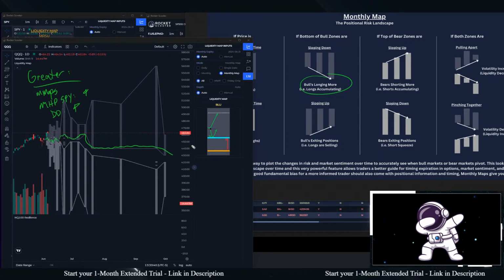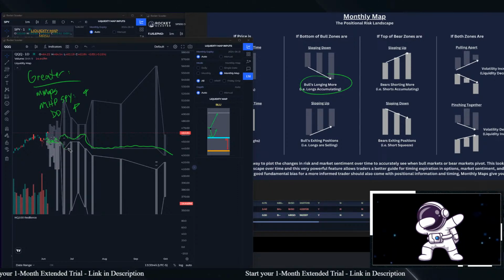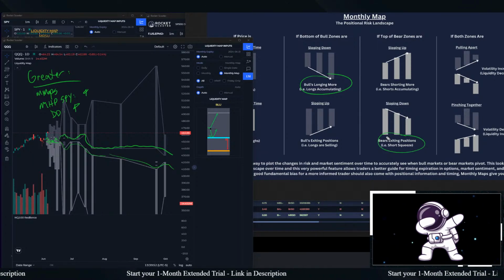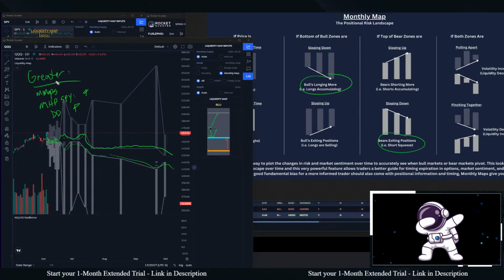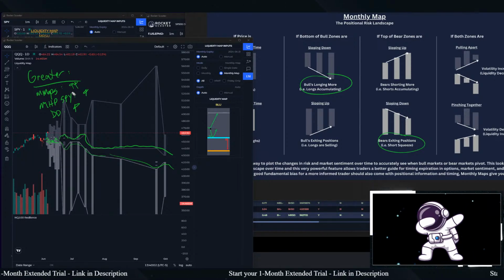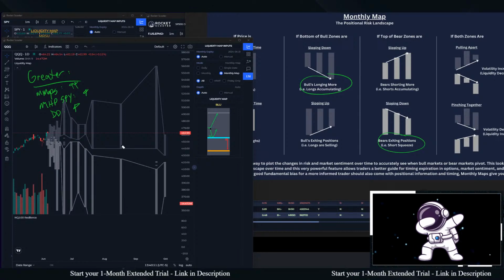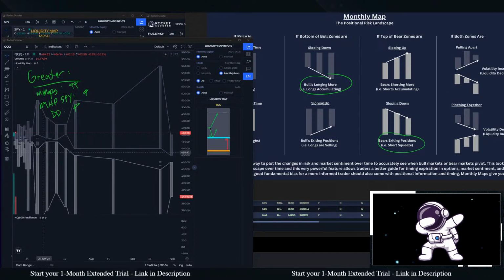The bear side is kind of flat and choppy here for 7 or 8 days, and then the bear side is also sloping down. So bears are exiting. Not only are longs going heavier, shorts are getting out. Twofold squeeze. In general, when that's happening, we draw 2 little up arrows. Bulls can't wait to long the position more. Bears can't wait to get out of the way and close their shorts. 2 groups of buying in a market that's not that volatile, which is the middle.